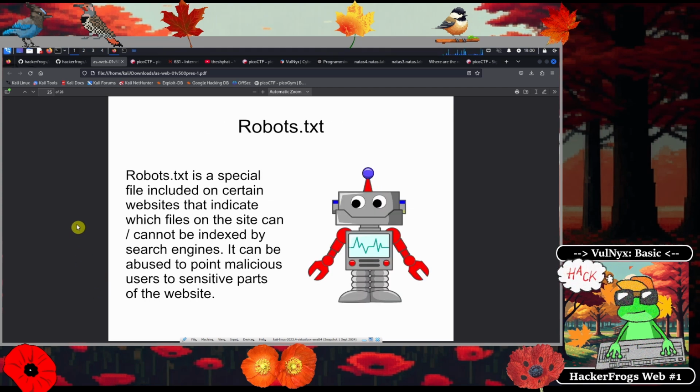And we learned about robots.txt. It's a special file included on certain websites that indicate which files on the site can and cannot be indexed by search engines. It can be abused to point malicious users to sensitive parts of the website. All right, so